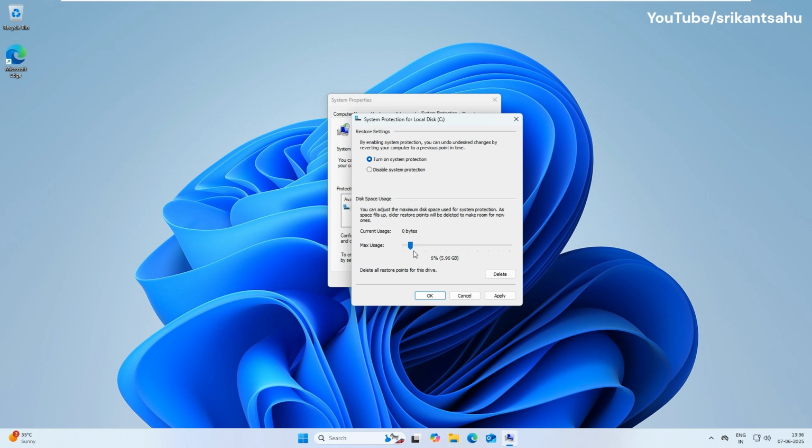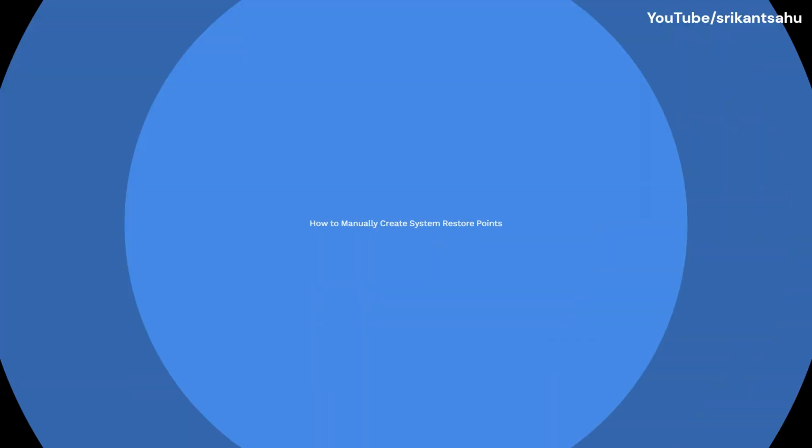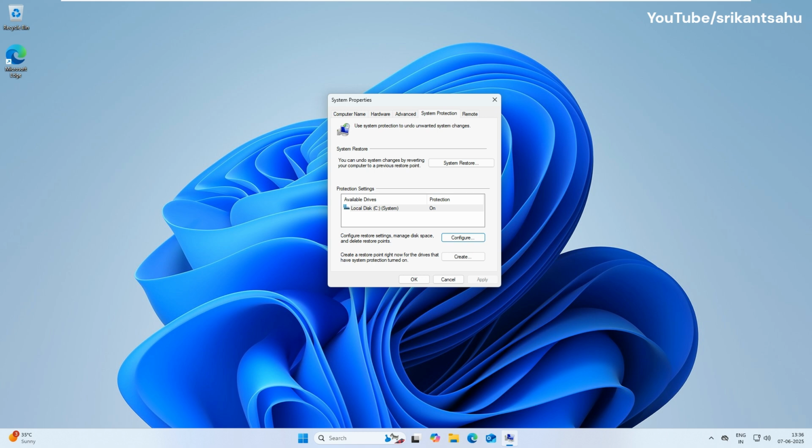Adjust the max usage slider to allocate disk space. 5 to 10% allocation is recommended. More space allows more restore points. Click Apply and OK. After doing this, Windows will automatically create restore points during important events like Windows updates or app installations. You can also create system restore points manually before making system changes like editing the registry or installing